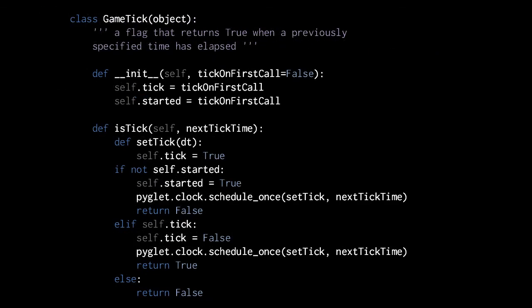The gameTick constructor sets two properties, tick and started, by default to false. The idea here is that we invoke the isTick method in each iteration of our game loop, but we only want it to tick, that is to return true, at regular intervals. In the first call to isTick, self.started by default will be false, so we take the first branch of the if-else ladder. Self.started gets set to true, the setTick function gets scheduled to run after next tick time elapses, and